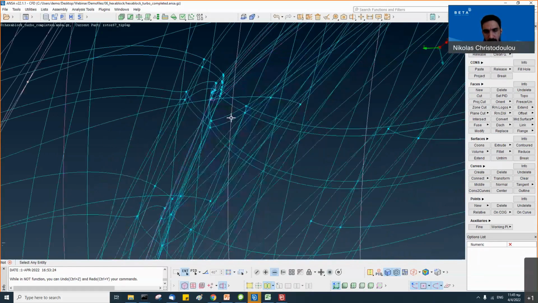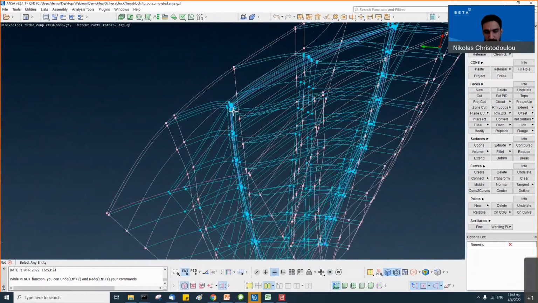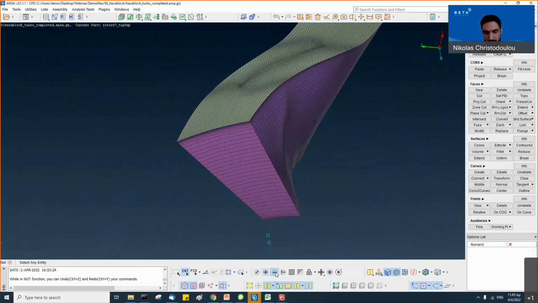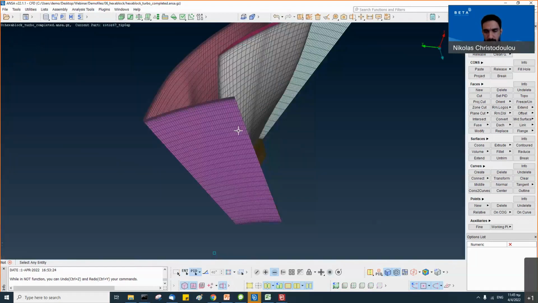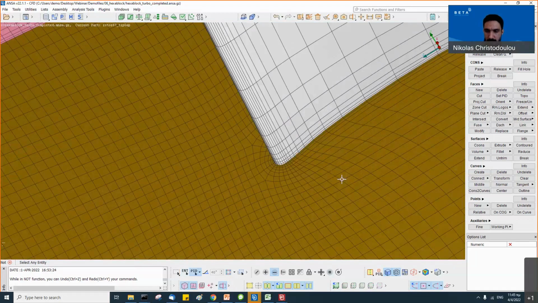You see how there are offsets to do boundary layers, O-grids, etc. And if we have a quick look at the surface mesh, you can see how the result is a nice pure hexa mesh that has been smoothed.